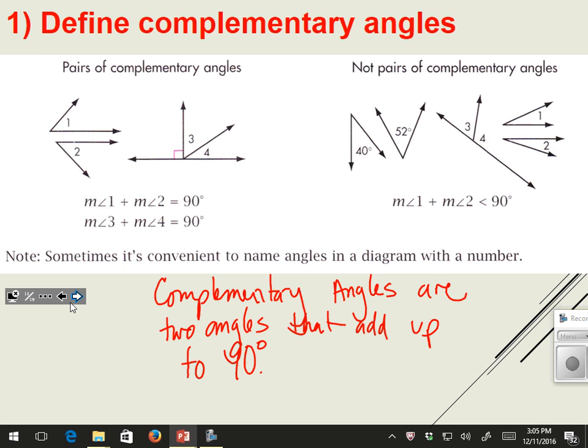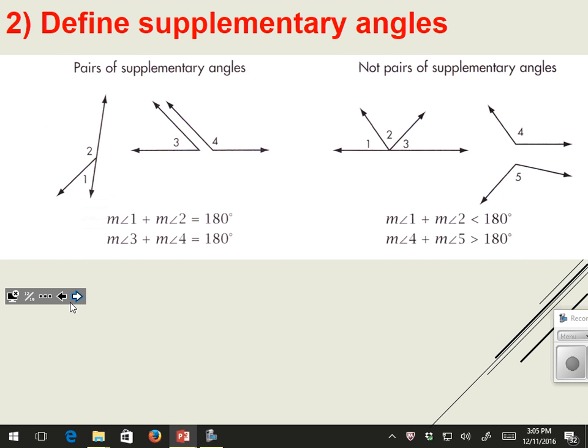So for the next slide, it's supplementary angles. Look at the examples on the left-hand side. Look at the examples on the right side. Well, if you haven't figured out already, supplementary angles